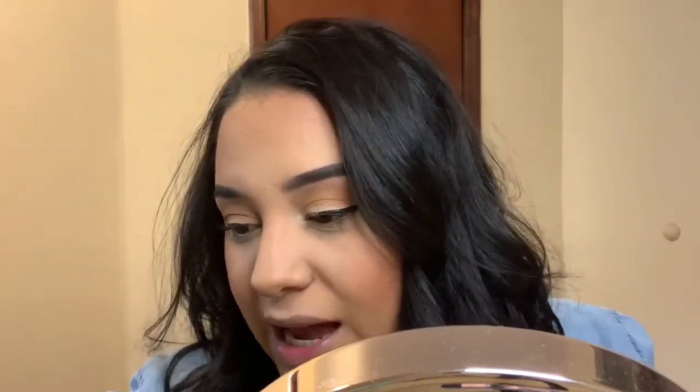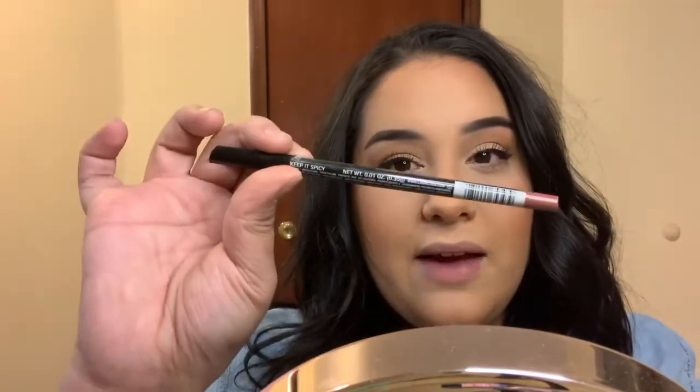So for lips, I love this lip combination. It's probably one of my favorites. I take the LA Girl Ultimate Intense Stay Auto Liner. This is what it looks like. I have it in the color Keep It Spicy. I'm going to apply the color Keep It Spicy to the lips, and I do overline, by the way,